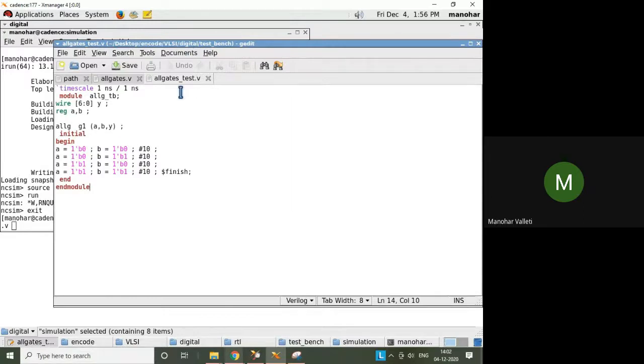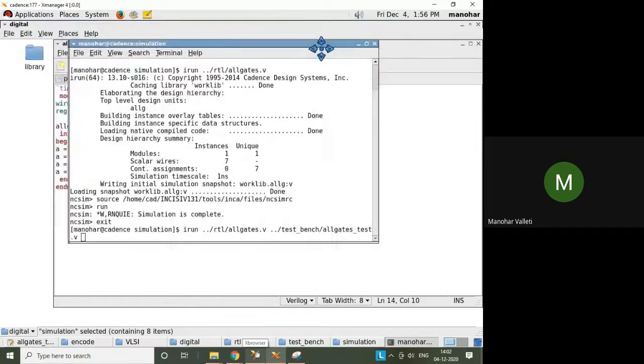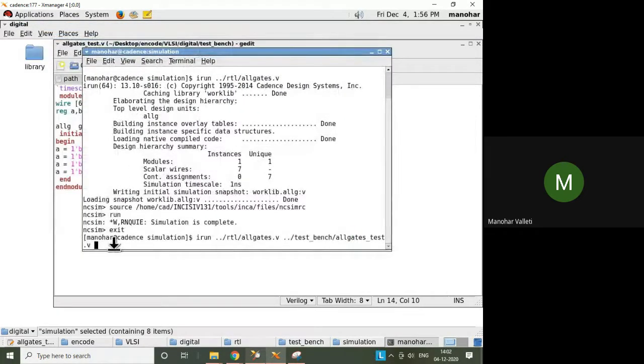Want to cross check the name you gave for the test bench? All gates underscore test. So all gates underscore test, not v.